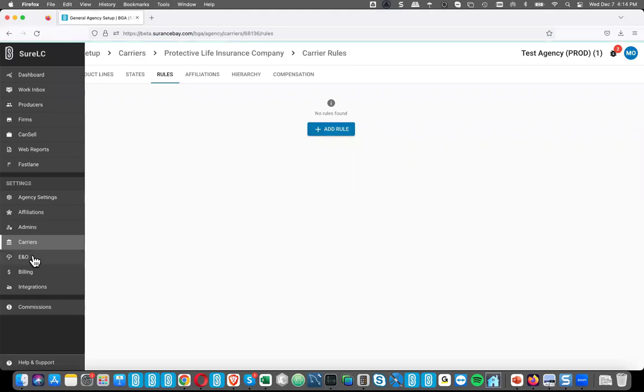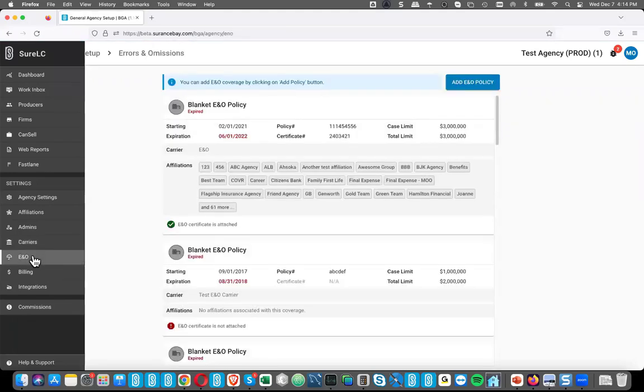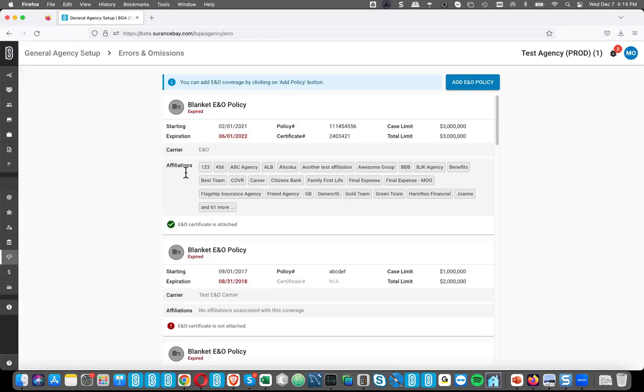So one thing I want to mention before we get into our rapid fire Q&A, if you will, is that for those who aren't aware, there is the ability for your agency to create master E&O policies that apply to all the producers either in your agency or on a per affiliation basis. This currently exists in the desktop version, but I've gotten a lot of requests recently or questions that indicate that not everyone knows about this.